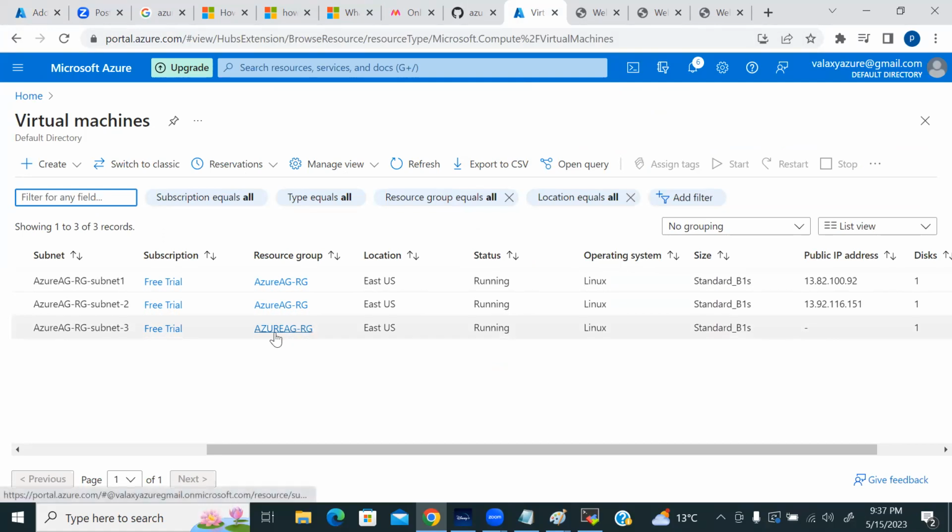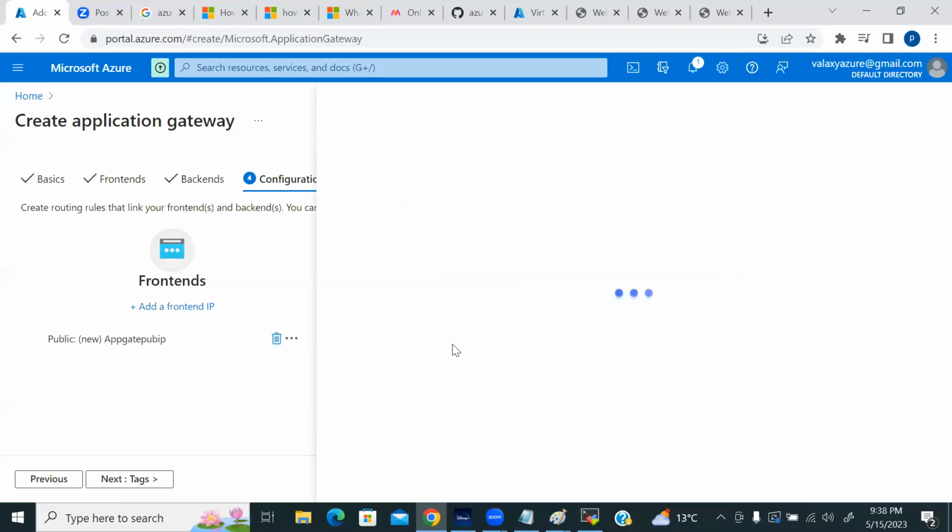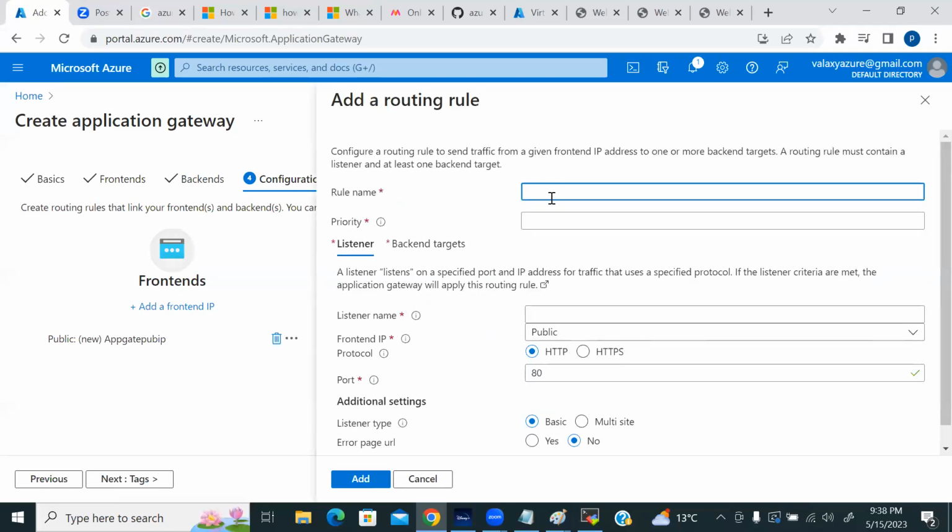This machine contains the women data content. Okay, and this machine contains men data, and this is the home page. So the same way I configured the backend pools here, add. So three pools. Now if I'm going to add a routing rule, here creating a route, Galaxy route,